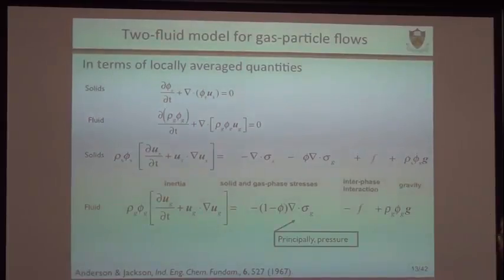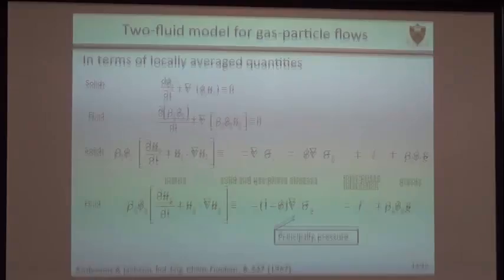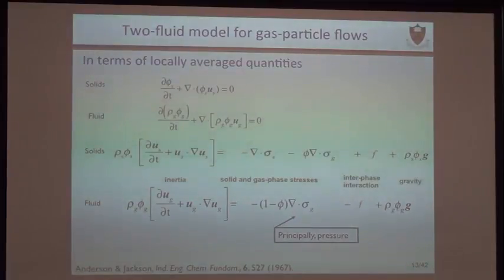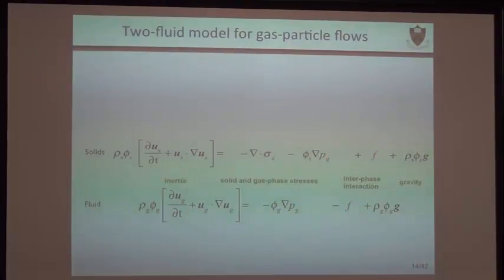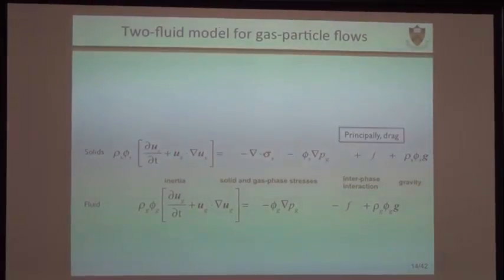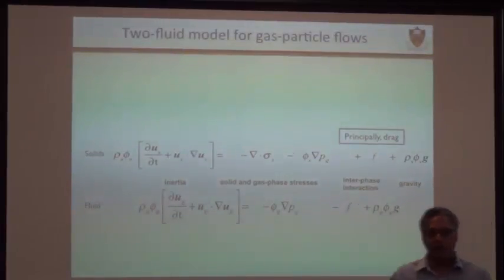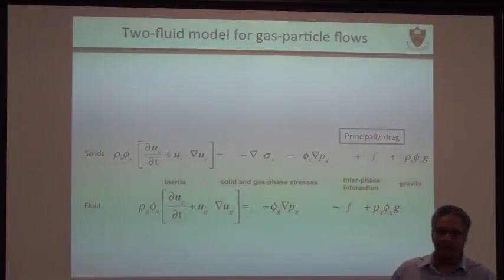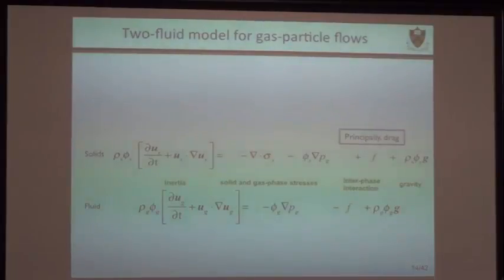And if you look at many of these flow problems, with larger particles, the principal contribution coming from the gas is the pressure. So even though you have a deviatoric stress giving us the effective viscosity, that doesn't really do much for this problem. So we can neglect that and replace it with just pressure. And then the interphase interaction force is principally a drag force that the gas exerts on the particle. People often ask what about added mass, what about Saffman lift force, what about the history force, and so on. They're all not important. The only thing that matters is the drag.